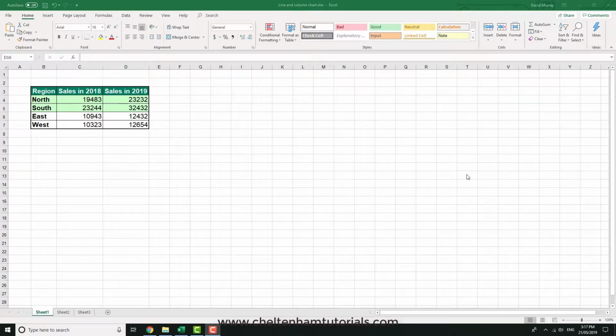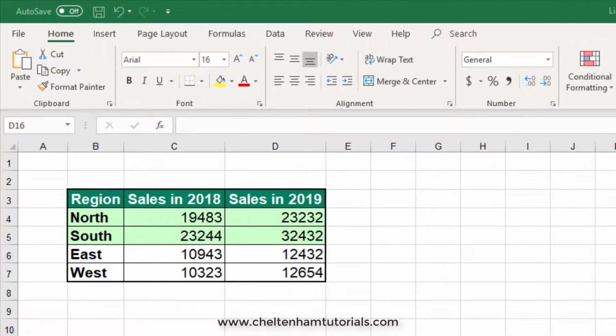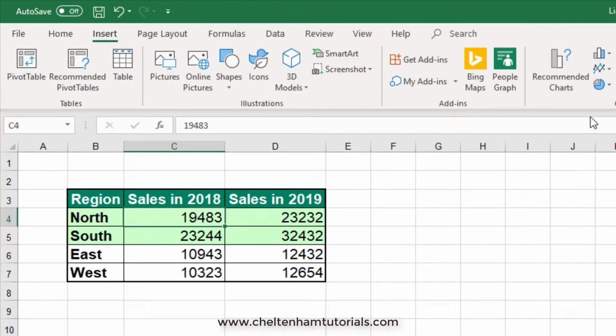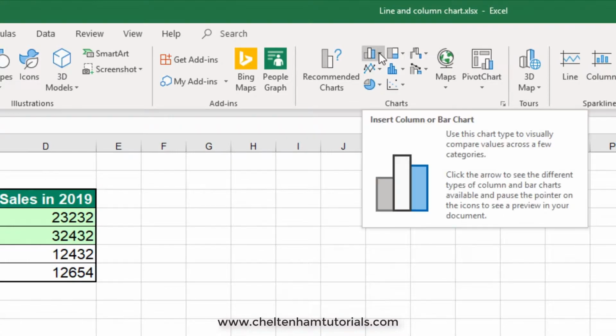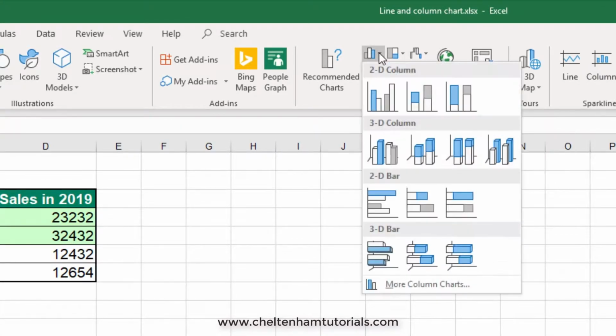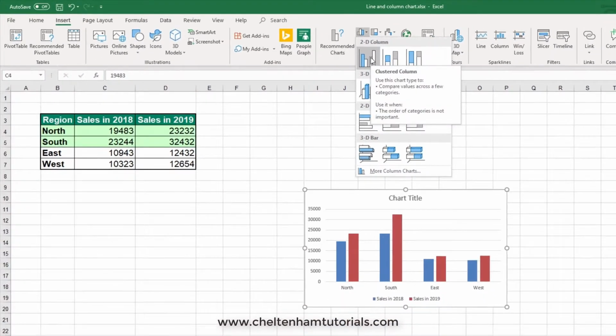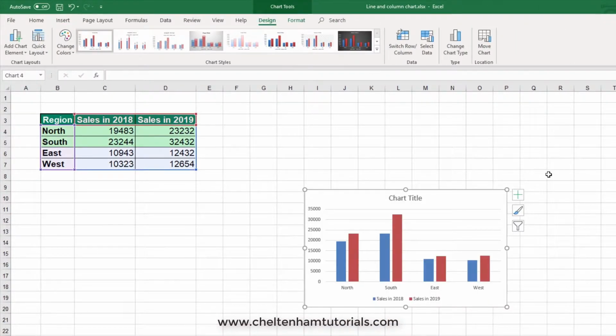In this section, I'm going to see how to create a combo line and column chart. So if I click within the data and then go to Insert, and within the column section, if I select this item here so we can create a basic column chart, I'll click there and just take the first option there, which will create this column chart